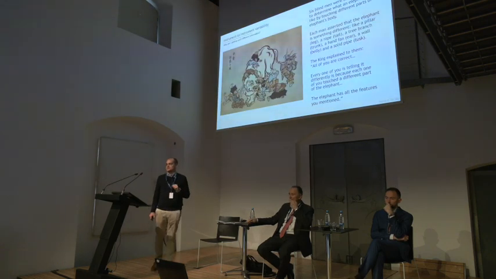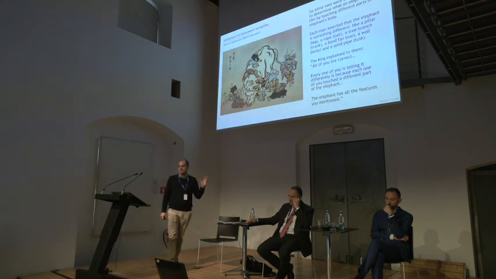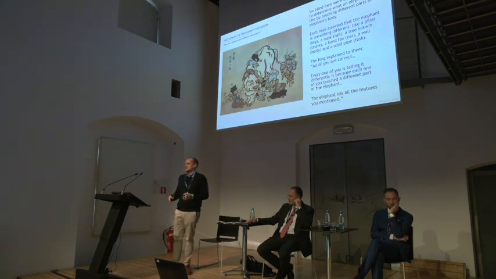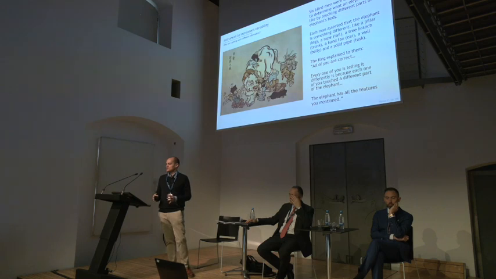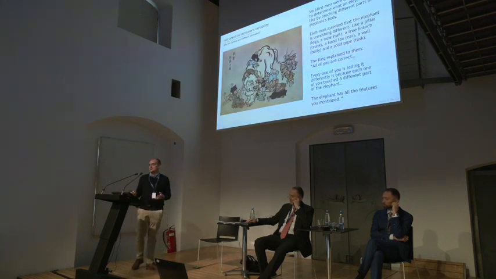This image is from Warren Hill's ASCRS topography course, and it's one of the most beautiful images that I ever use for cases like this. The Chinese emperor asked 6 people who are blind to describe an elephant, and they were all touching different parts of him, and each person was giving the correct thing what they were touching, but nobody said it's an elephant, because that's the problem we have in ophthalmology today.